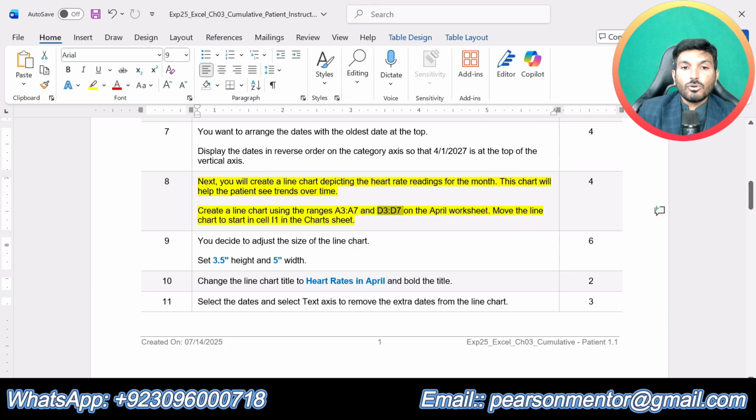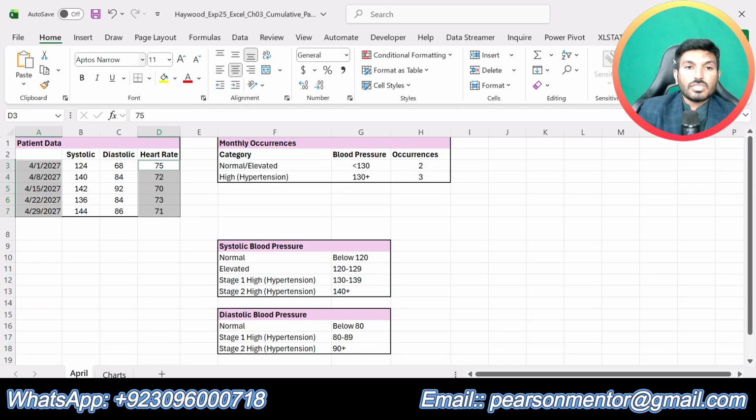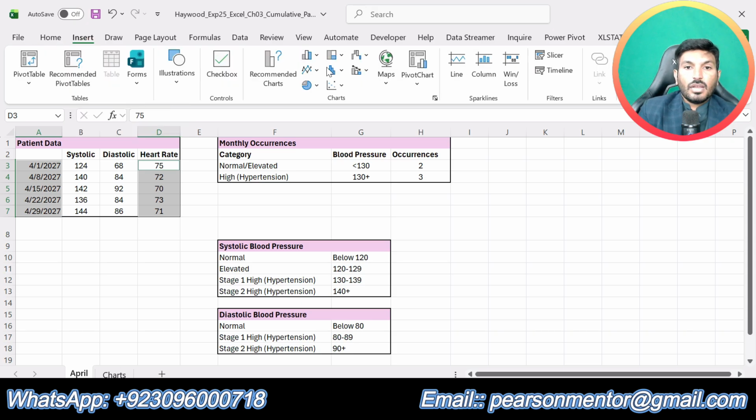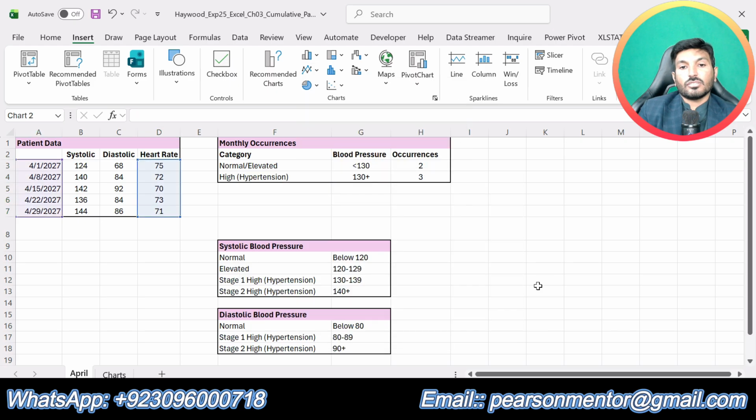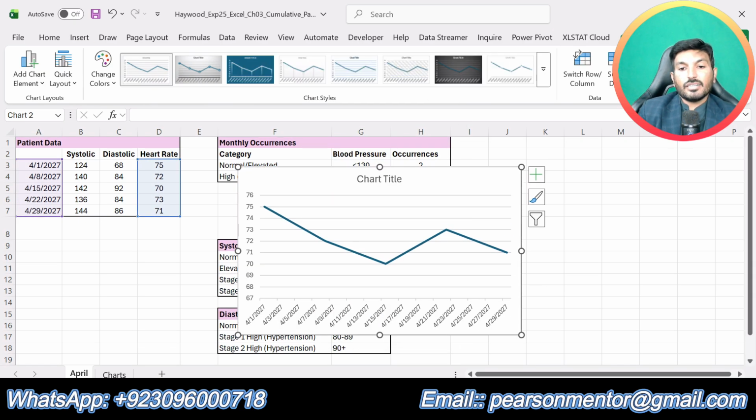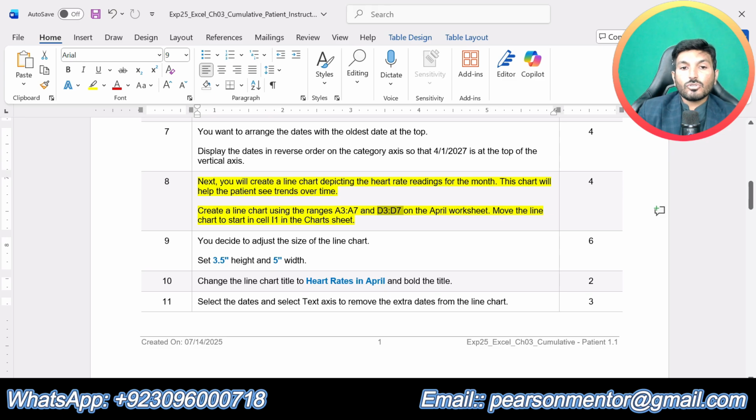So now we are supposed to insert or create a line chart. So just go to insert tab and from here insert line chart. So we have inserted or created a line chart. Now we are supposed to move this chart to the cell I1.